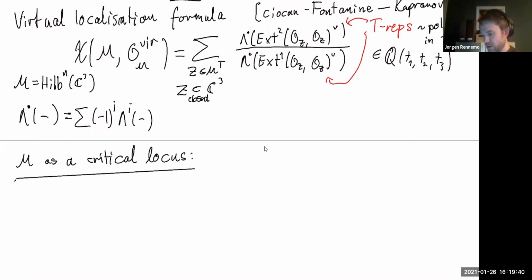There's a general fact that the reason why various flavors of Donaldson-Thomas theory work so well in the Calabi-Yau 3 case is because moduli of sheaves on a Calabi-Yau 3, moduli of objects in a Calabi-Yau 3 category, locally look like the critical locus of some function on a smooth variety. And for the case of Hilb^n, this is even true globally, so that sits inside